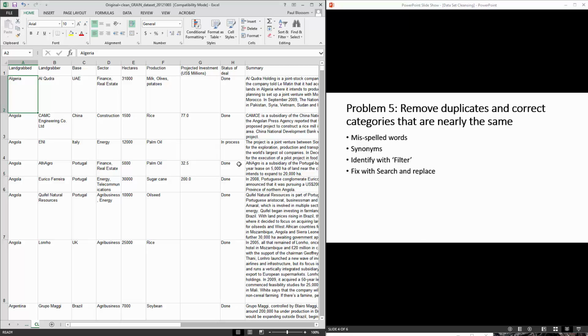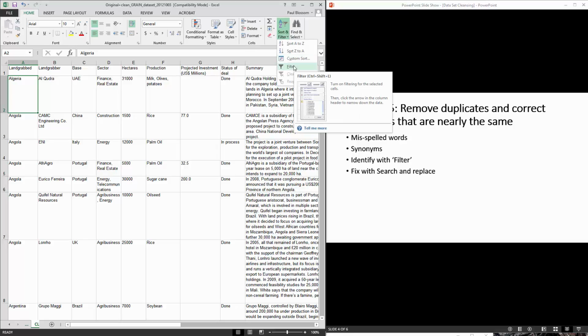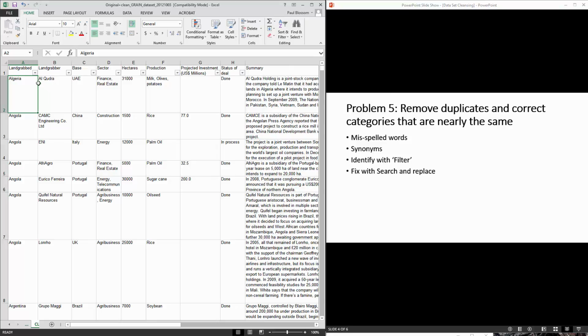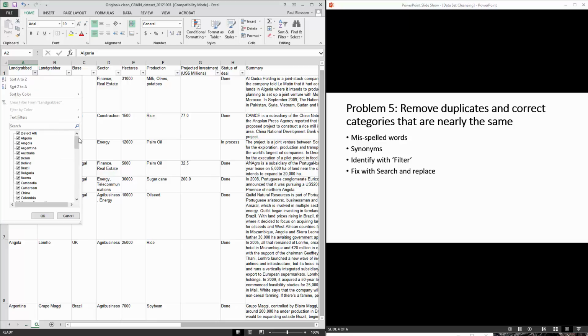Next thing we want to do is get rid of duplicates and misspelled words and that sort of thing. The easiest way I've found to do that is to use a filter function. So I click on filter up here, and I sort and filter, and then I click on filter, and you'll notice that what that does is it puts a little drop-down box in each one of the top cells. And you say, well, what use is that? Well, I can click on that, and that will give me